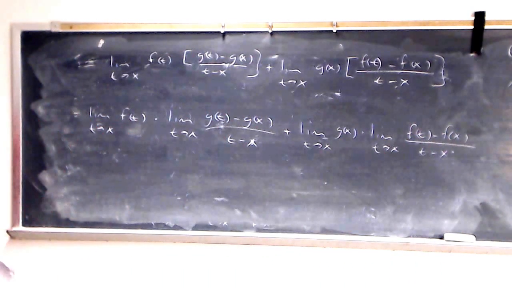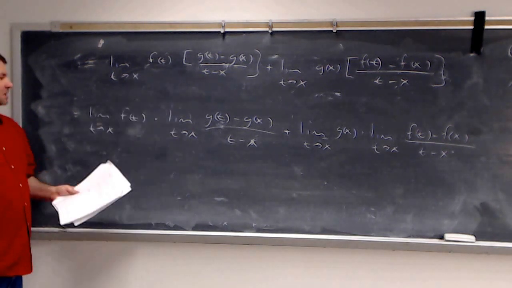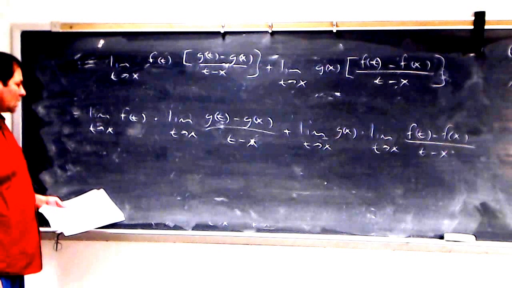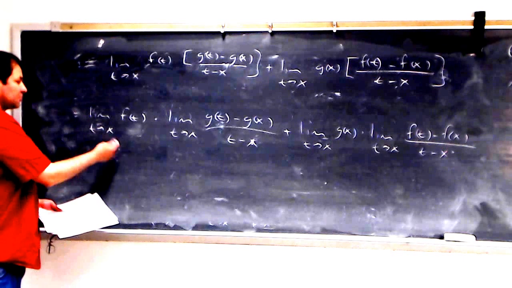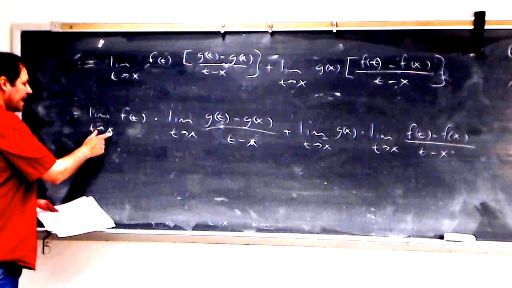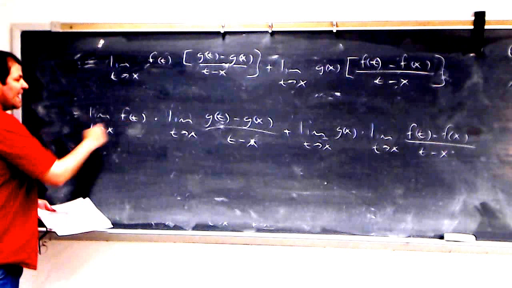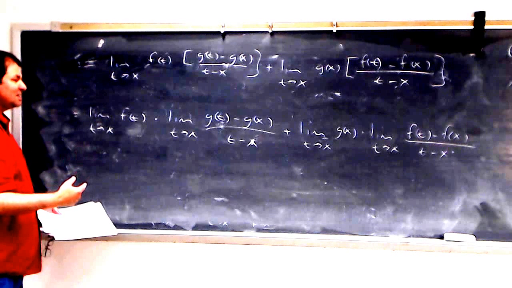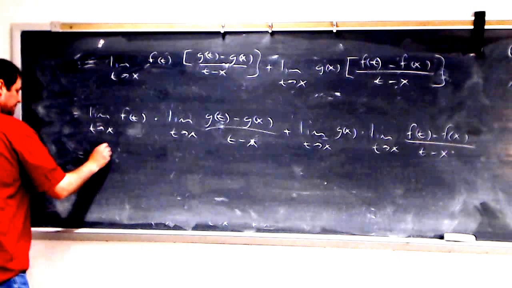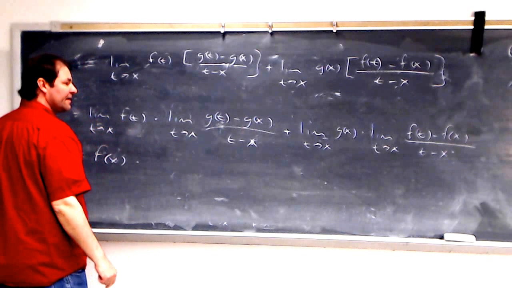Okay, now we can rewrite this as the limit of a product is a product of limits, provided each one of these limits exists. Now it turns out, because of our definition of where f lives, and we're using the usual metric on R, that x is a limit point of that closed interval, and so we know that f prime of x exists. So that means that f is continuous at x, and so that means the limit as t goes to x of f of t is equal to f of x by continuity, times this part right here is nothing more than the definition of g prime of x,